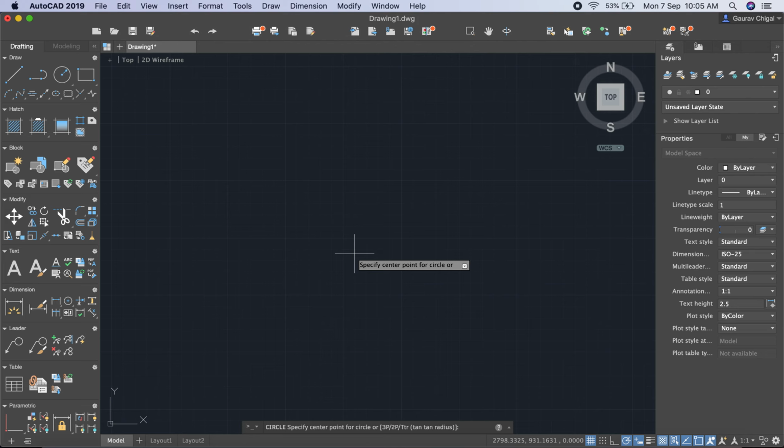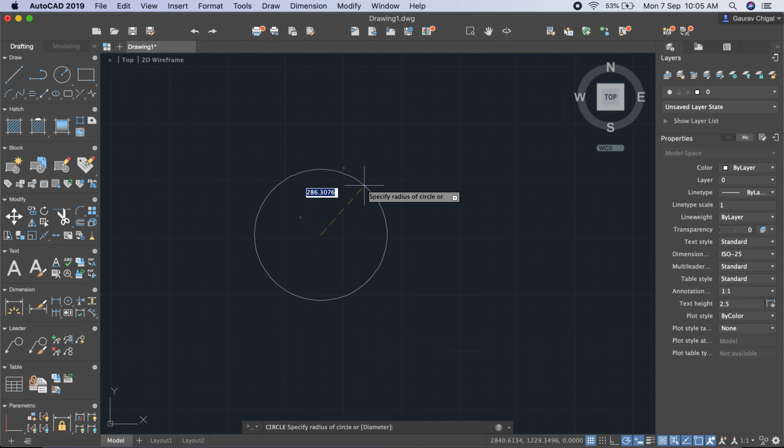Here you can see at the bottom we have the circle command running, which asks whether you want to draw a circle with 3 point, 2 point, tan radius, or other options. We start the circle command, click anywhere on the screen, and you can define the radius or diameter.